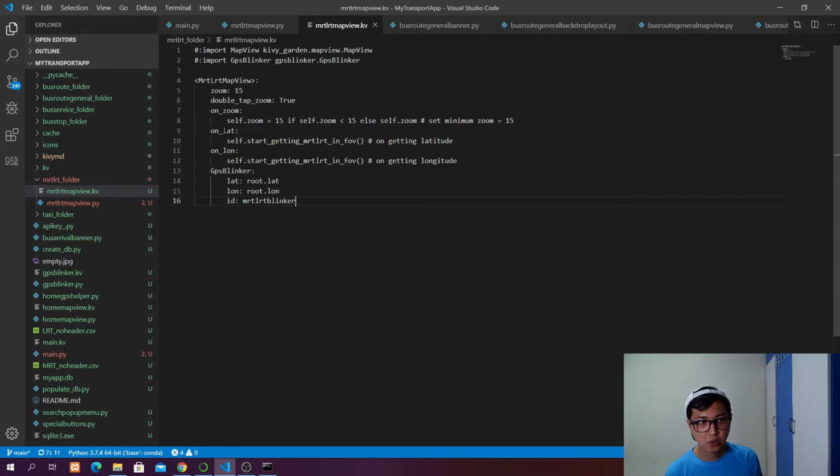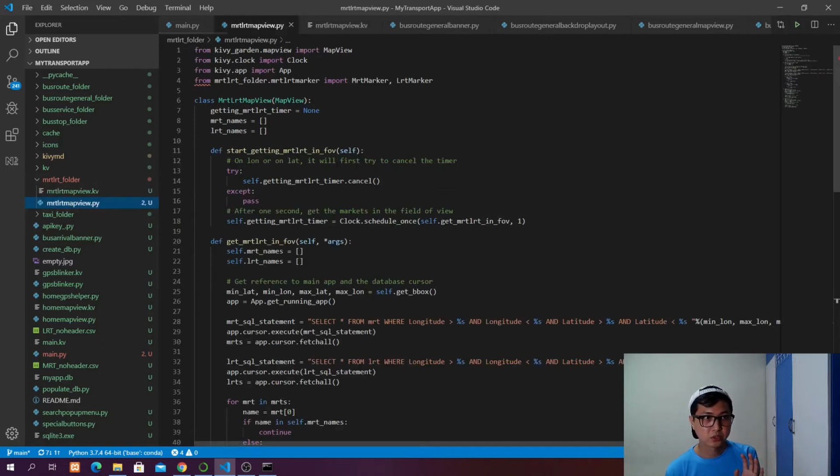And on lat and on lon, there are two conditions. First is, as the map is first created, this self.get_mrt_lrt_in_field_of_view function will be called, or as the user changes the latitude or longitude of the map view, this function will also be called. And then in our map view, we have our GPS blinker. So as this function is being called, first it will try to cancel this timer. This timer is going to be a clock,